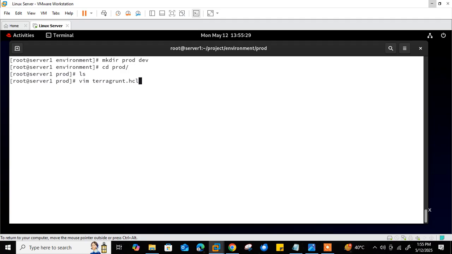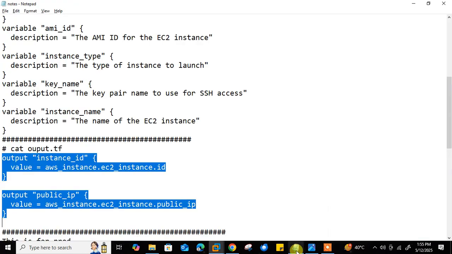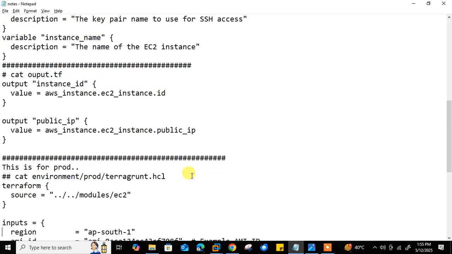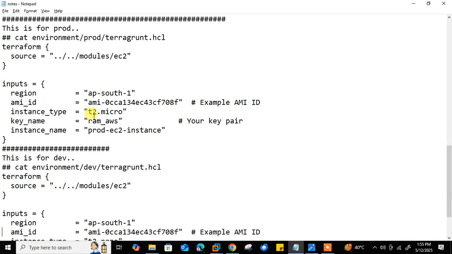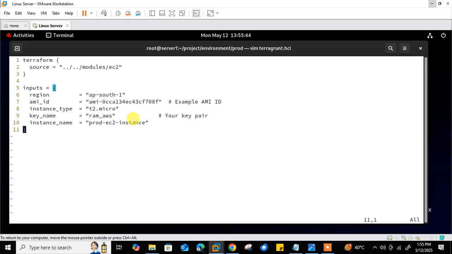Okay, now we need to define some entries here. This is for production, right? So I have the values here. Let me copy and paste. Okay. So here we define a source block for the module's location.